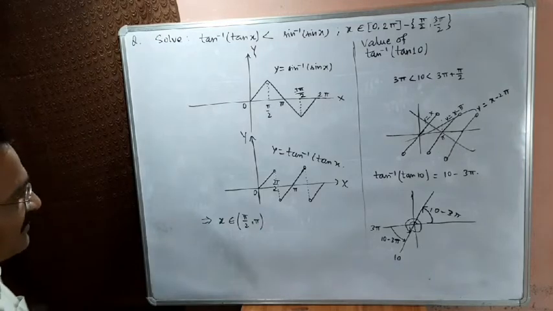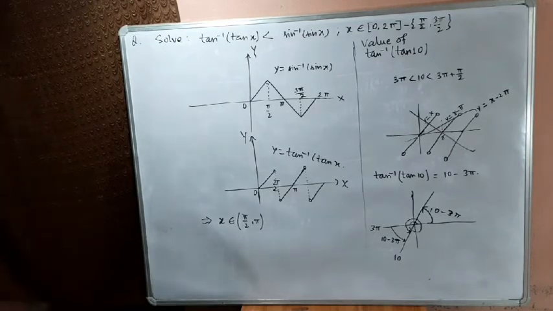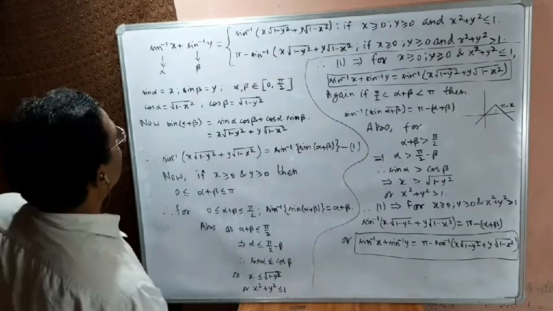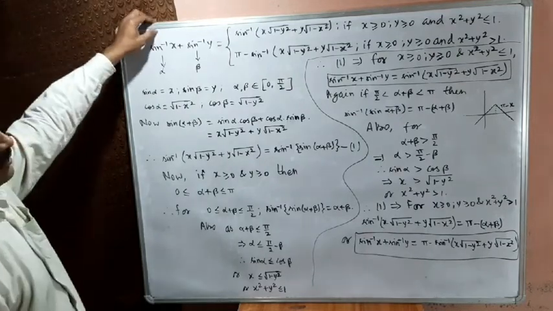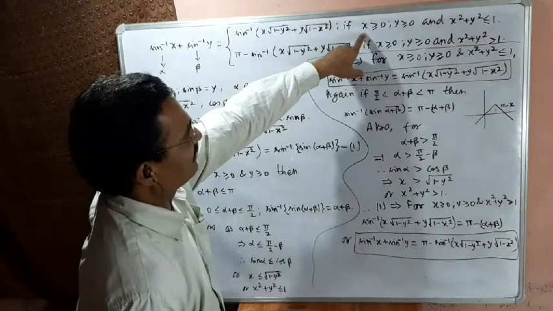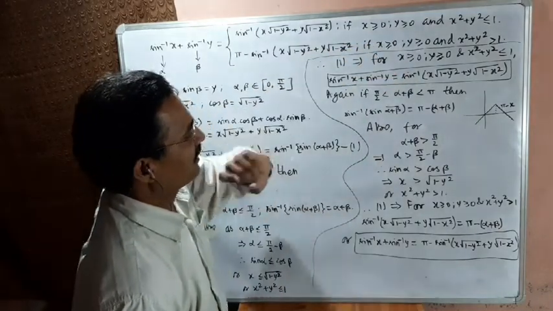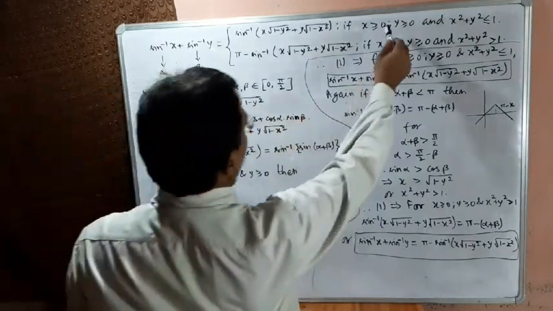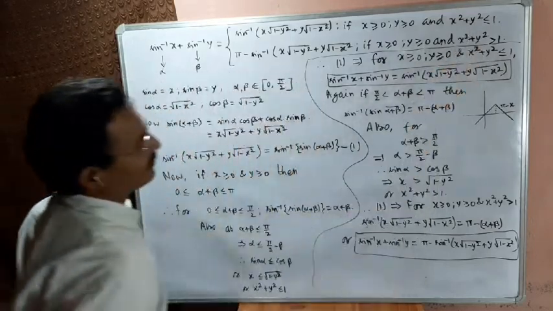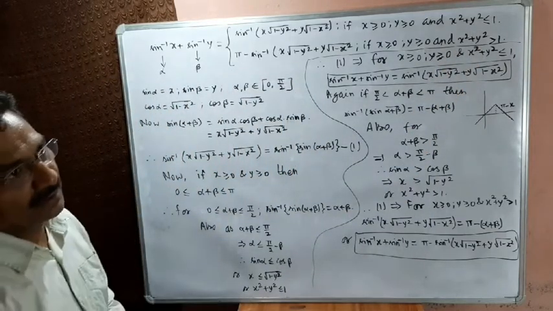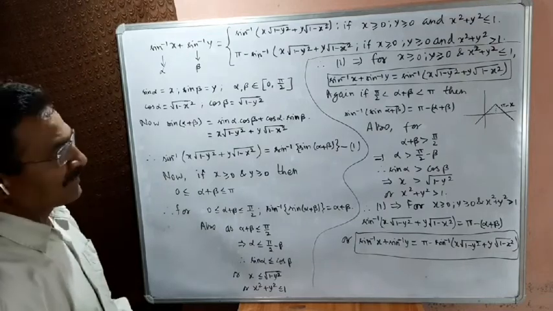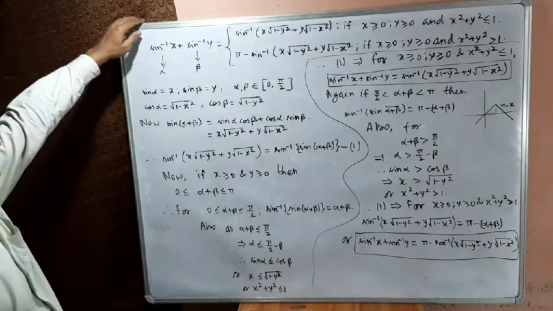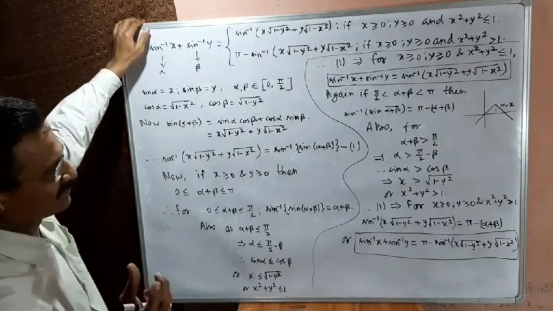We take some more applications of the graph. I have taken a formula. Actually, this is a half formula because I have taken only the case x greater than or equal to 0, y greater than or equal to 0. There may be the case x less than or equal to 0, y less than or equal to 0. And for these two conditions, x square plus y square may be less than or equal to 1 or greater than 1. The negative case I have left for you. Try to understand this using a little bit of application of the graph.